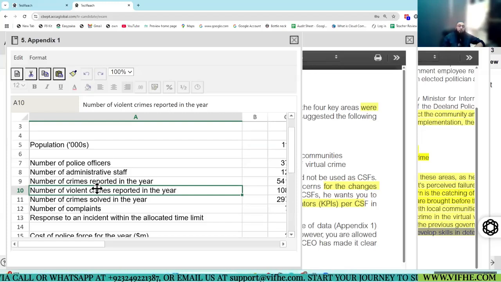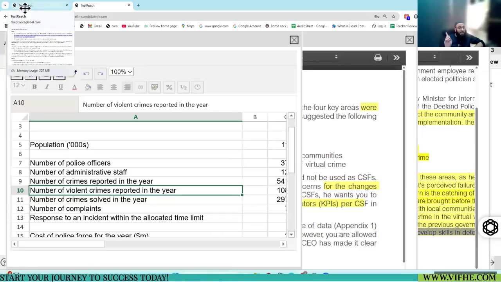Got it? But what did the examiner do? He came up with this KPI. He is the examiner, he is the boss. He can do anything in this world. He came up with this KPI out of the box, nothing given in the scenario, because he has the liberty, because the question permitted coming up with new data. Okay, fine. You have the option then, but it should make sense.